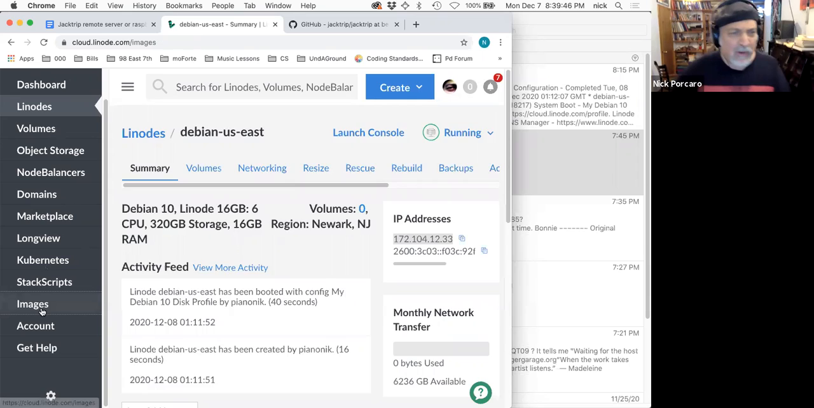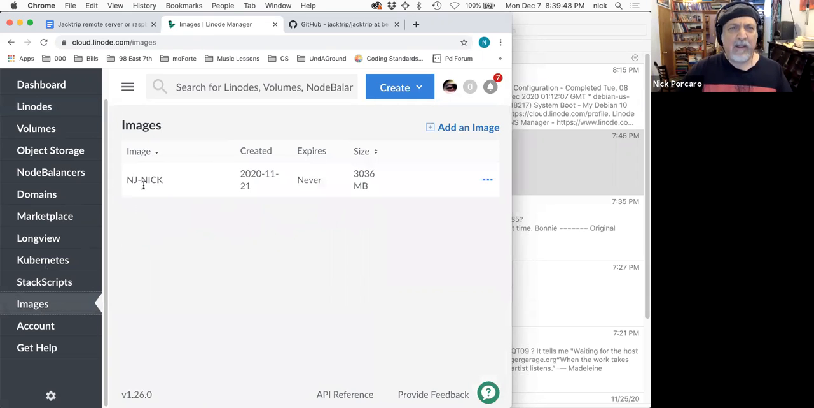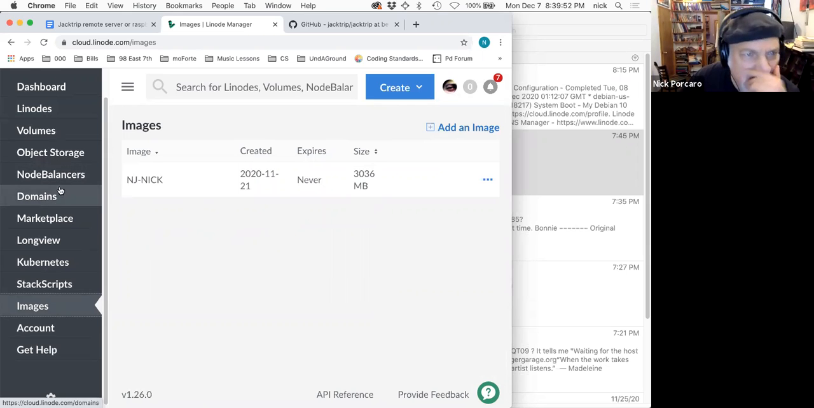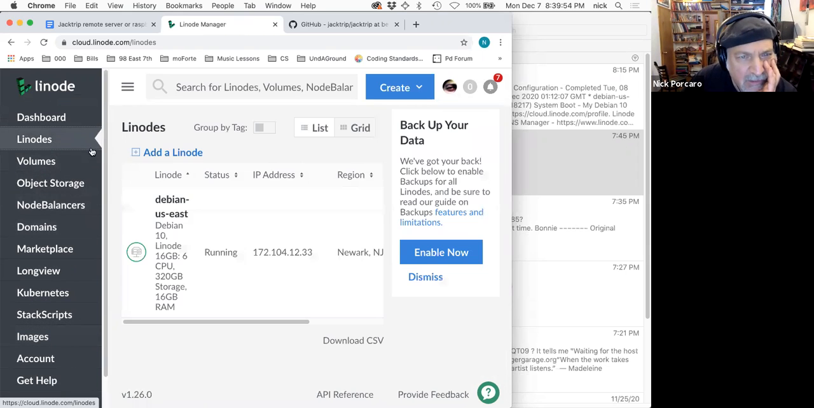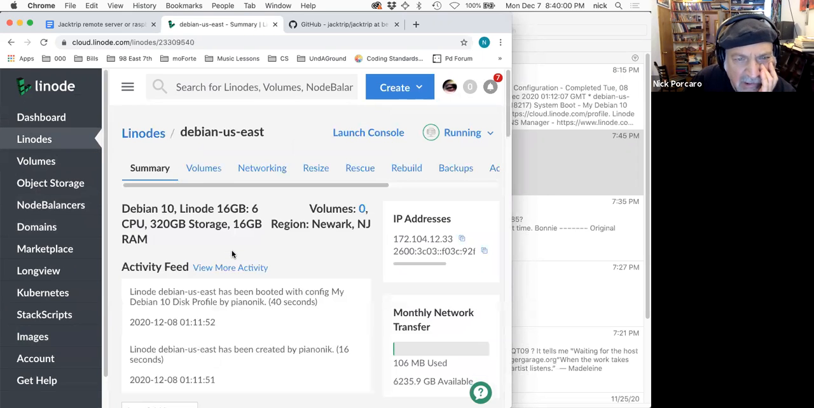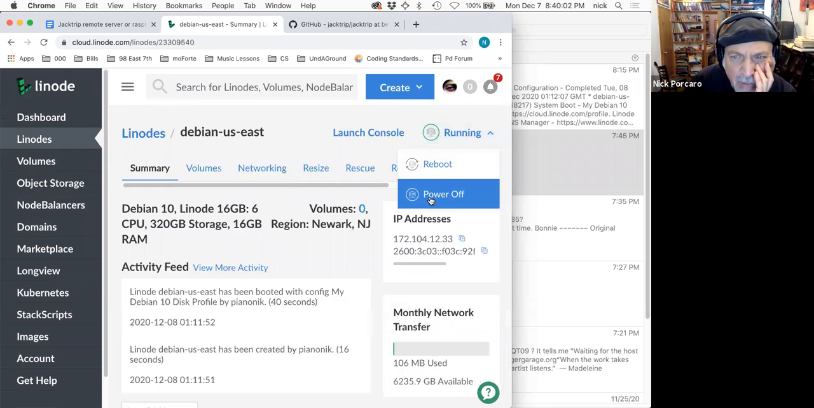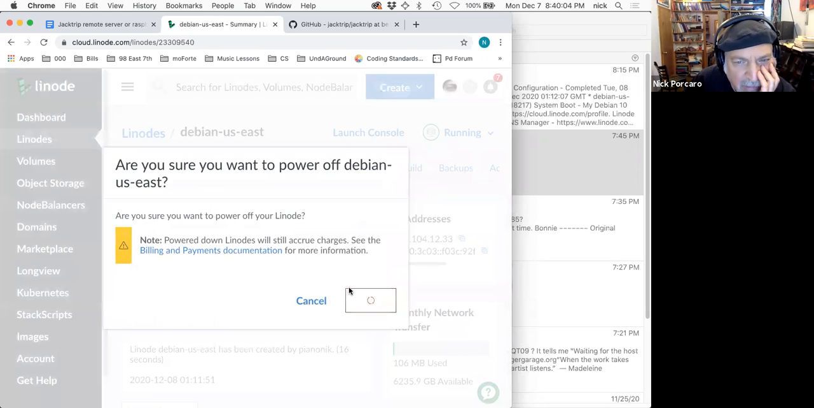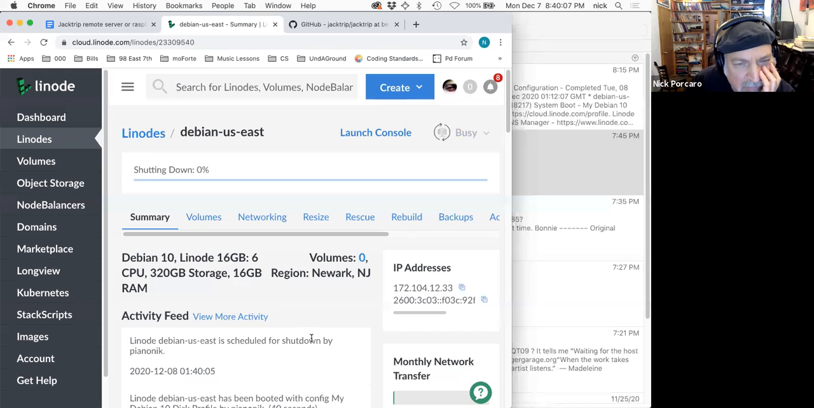So we have to go to images, and see. I think what I have to do is maybe stop the server first. Let me do that. So now I've got 2 Linodes, okay? This is the one that's running, see? I got number 1 powered off. Powered off. And see this busy thing? Important. Watch that busy thing. Don't